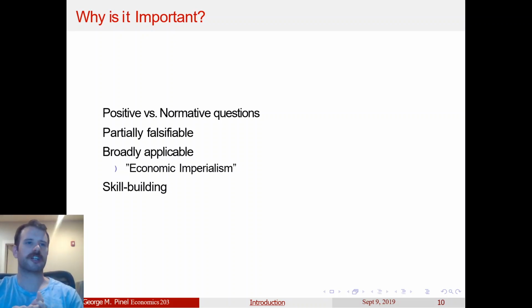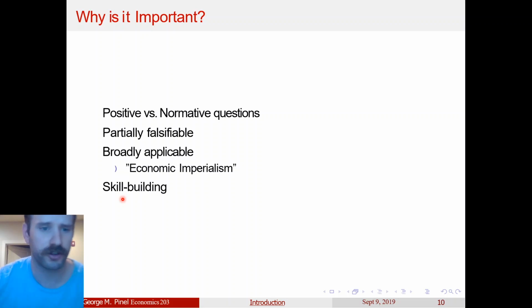All right, so I just talked about why economics is important. Now I want to go into what kind of skills exactly you will build as an economist. So going off of this last point here about economics being skill building, what kind of skills are you going to use as an economist if you pursue that route, and what kind of things are in an economist's toolbox, so to speak.